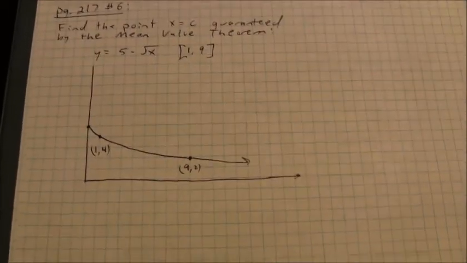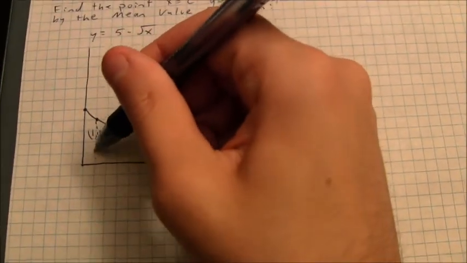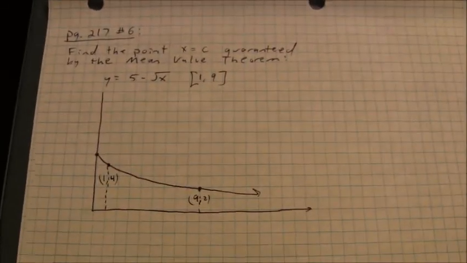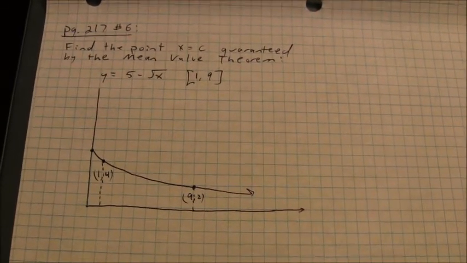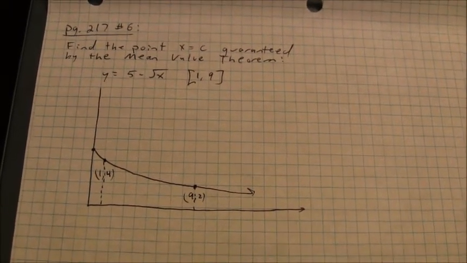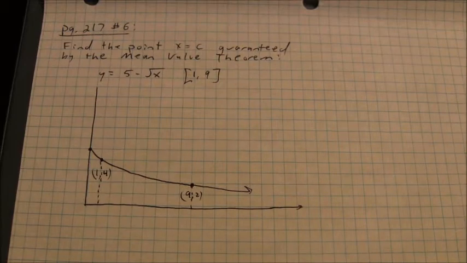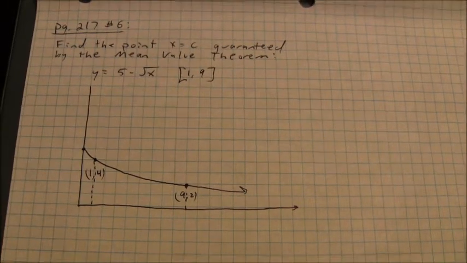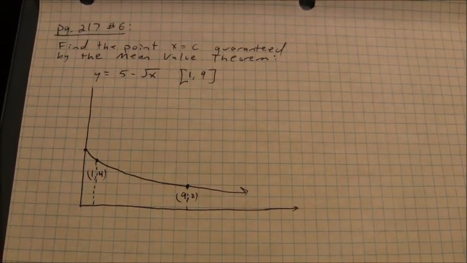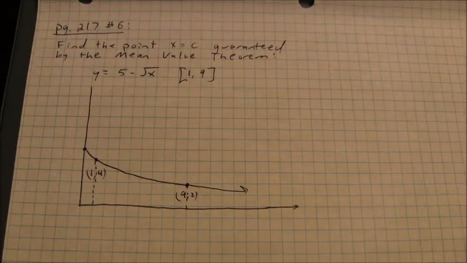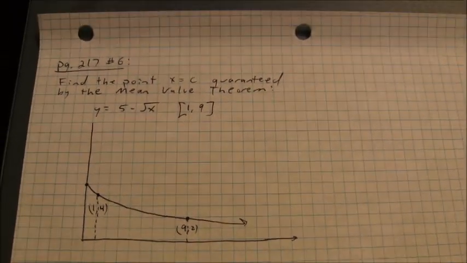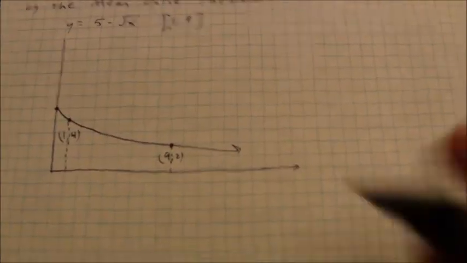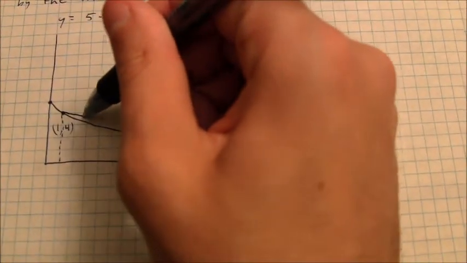So you can see I've got my interval graph down here. And here is my value of x equals 1. Here is my value of x equals 9. Remember what the mean value theorem guarantees. It guarantees that the slope of the secant over an interval, if a graph is continuous and differentiable on that interval, is going to be equal to the slope of some tangent of that curve somewhere within that interval. Okay, so the first thing I'm going to do here is draw in my secant segment,